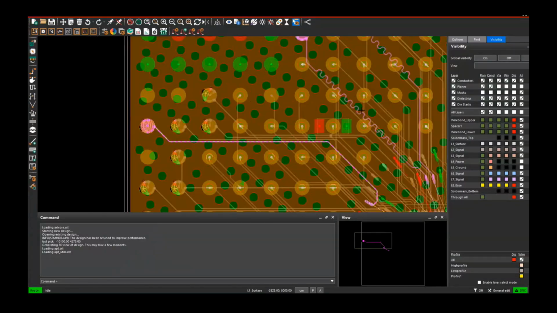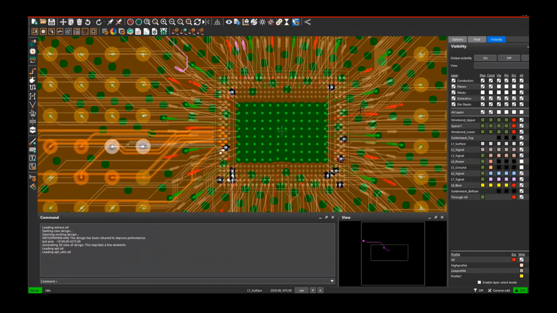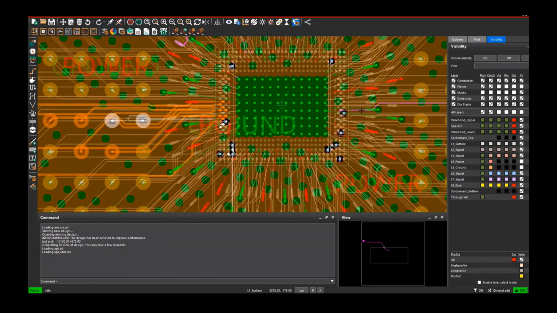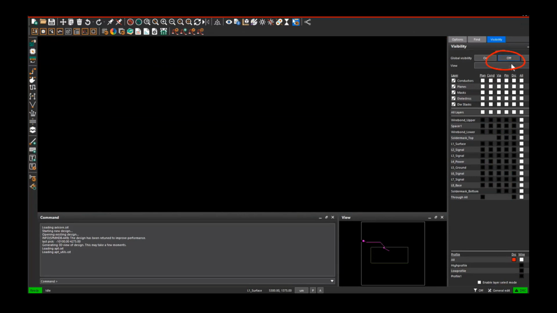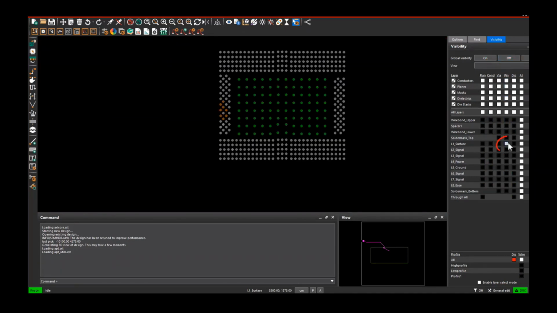Back in our default 2D view, we can zoom back out by rolling our mouse wheel backwards, and we can hold down our mouse wheel and move the mouse to pan our canvas view. With the Visibility folder tab, we can globally turn off all our layers. If we turn on the pins for the L1 surface layer, we are viewing the pin pads for a flip